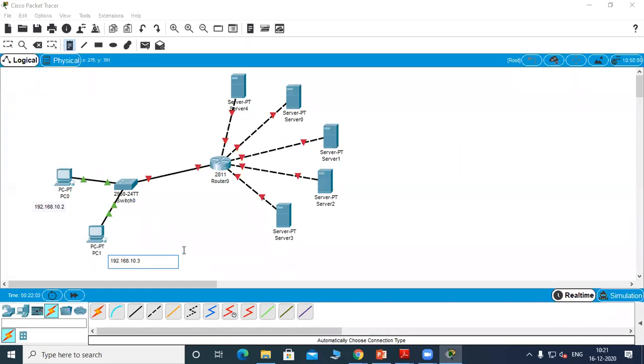This is 10.3, and this we will make a server, the web server. This is the 20 network, so we'll make it 20.2. This one is a local DNS.